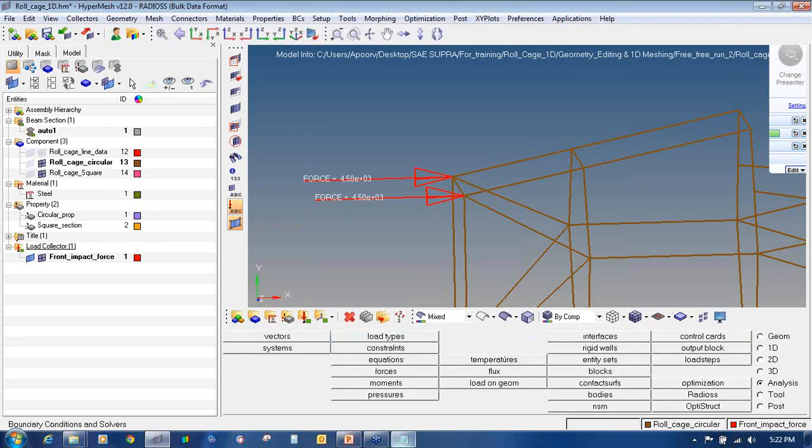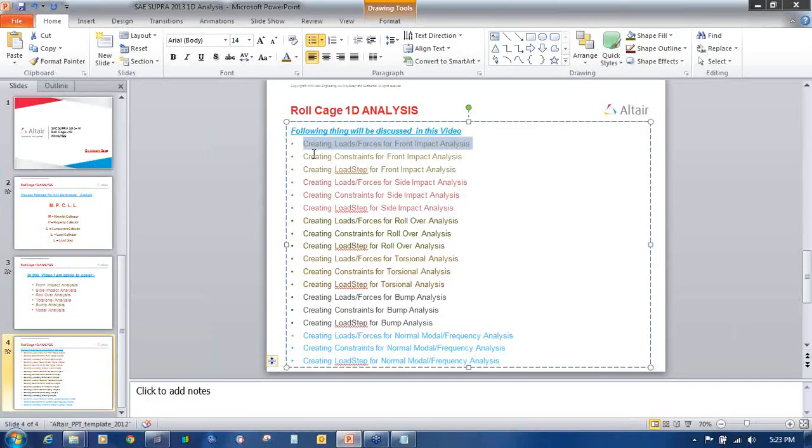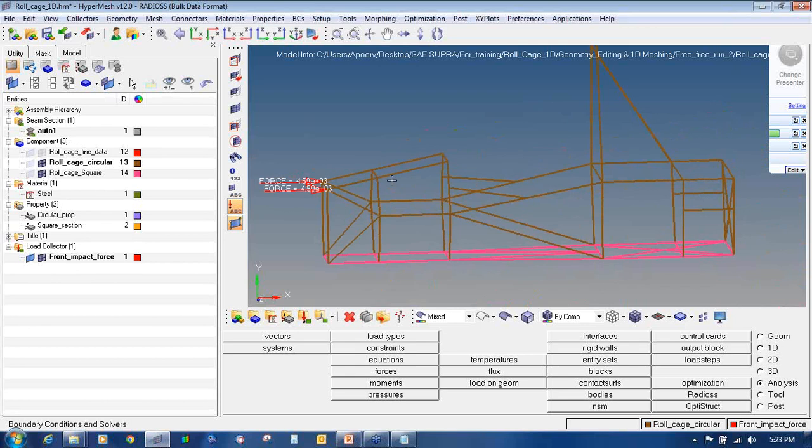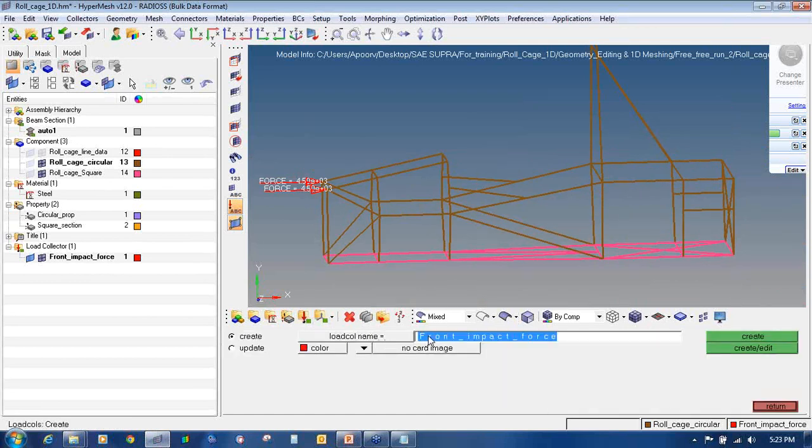Now the next step is to apply the constraints for the front impact analysis. I am going to constrain this model on the suspension pickup points. So first I have to create a load collector for the constraint. So I will again go to the load collector icon. This time I will enter the load collector name as front impact SPC.